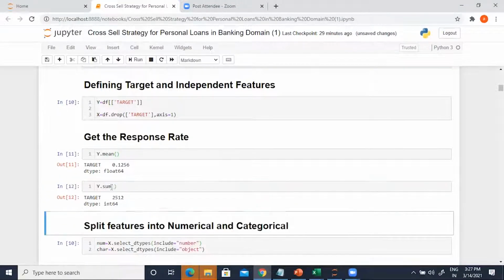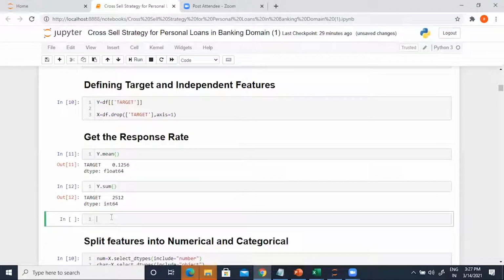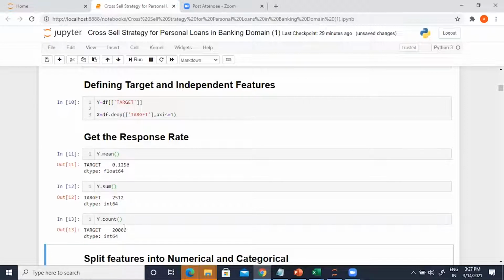Hang on, so check this out. Out of 20,000, 2512 have responded, right?